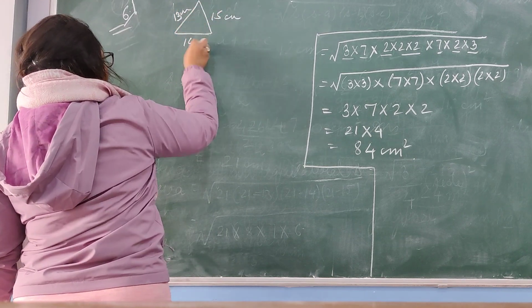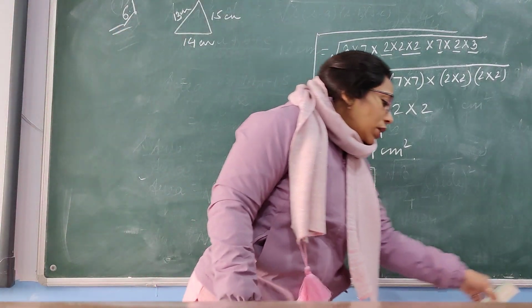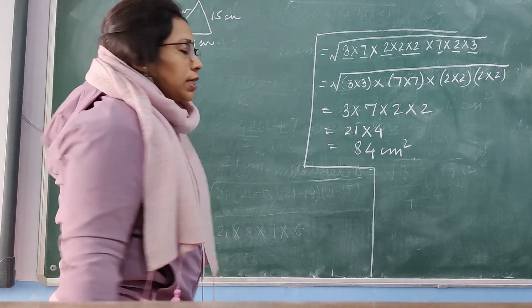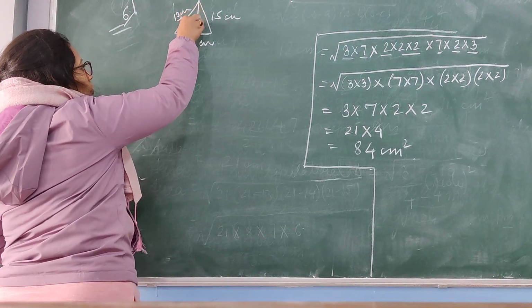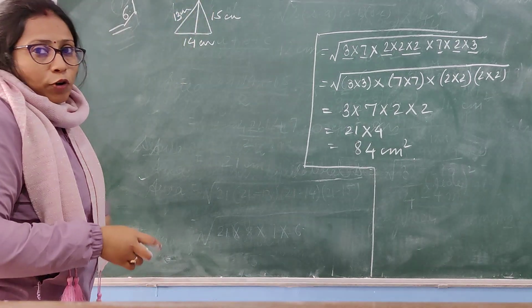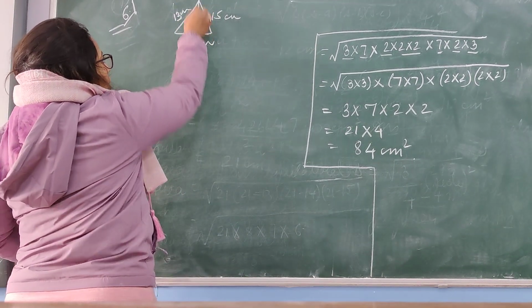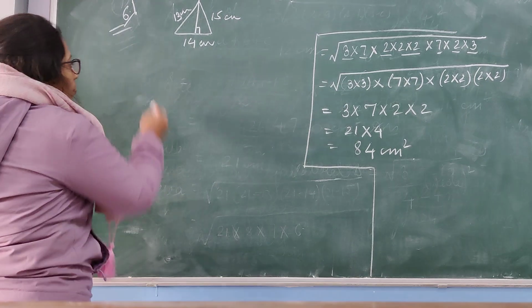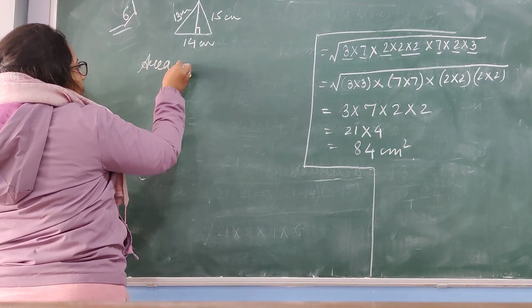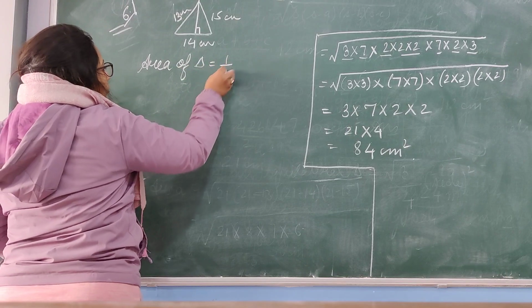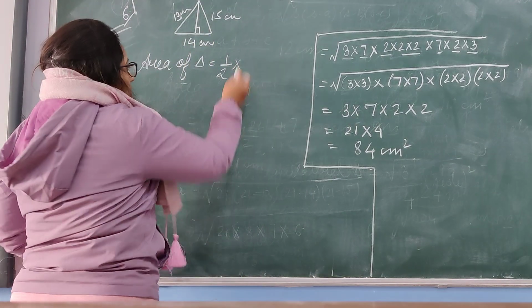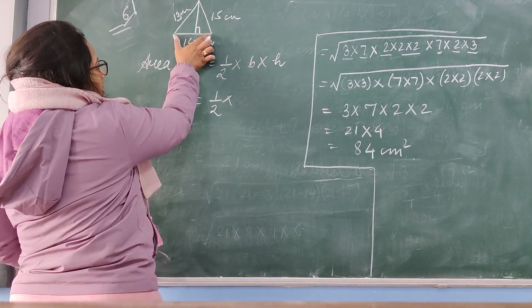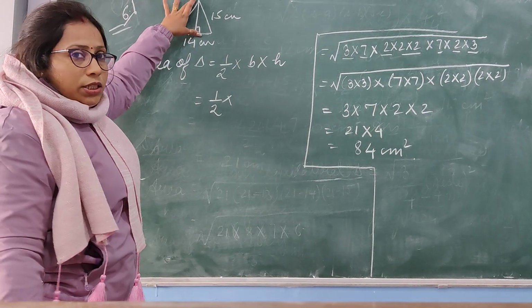centimeter, suppose. Okay, we have to find out the length of the perpendicular from the vertex opposite the side of length 14 centimeter. That means the perpendicular which will be drawn from this vertex opposite to 14 centimeter, we have to find out the length of this perpendicular. So now children, we know that area of a triangle could be calculated by one more formula. What is that? That formula is half into base into height. If you see, this is acting as a base now and the perpendicular is the height, isn't it?